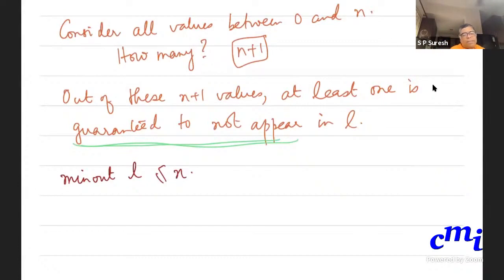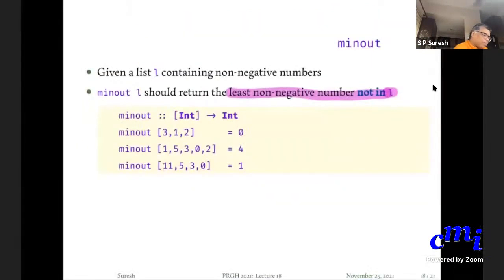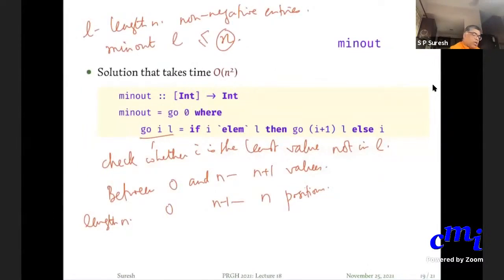Is that clear? Yes, sir. Okay, great. So that is why this program takes order n squared time.